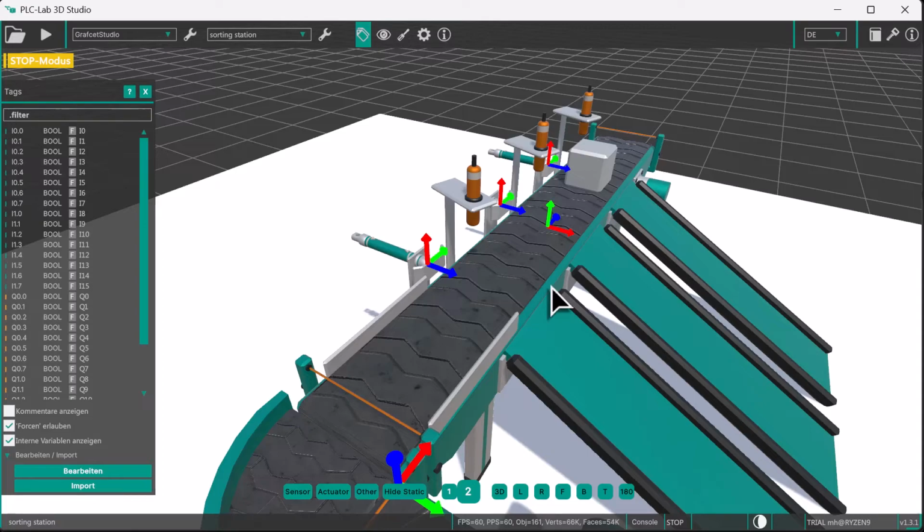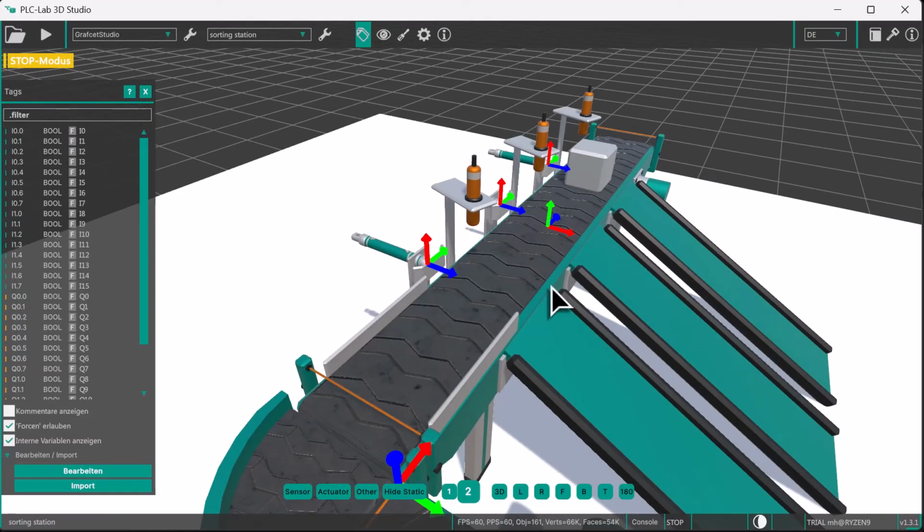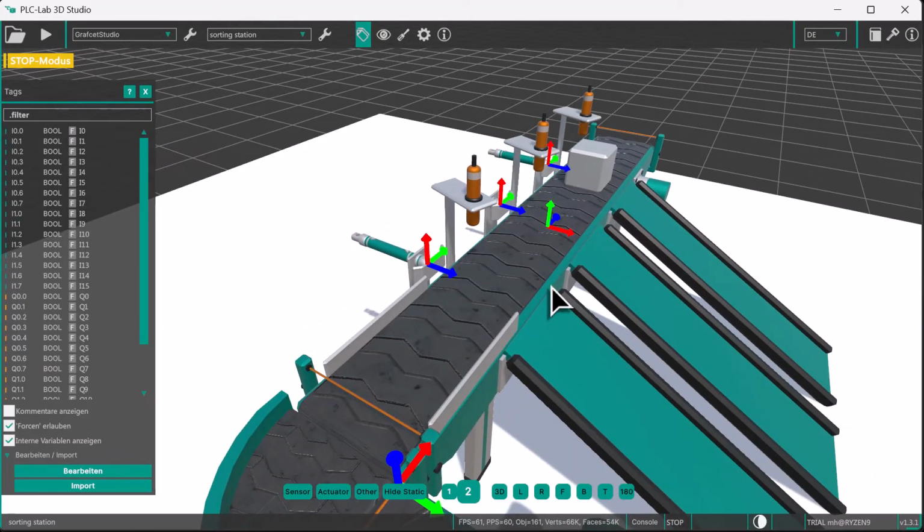And how do I switch the camera position now? Simply by pressing the 1 or 2 key. All right, I thought so. And how is this window structured? Explain to us what we're seeing. On the left side is the tag window with all current inputs and outputs. During the simulation, you can observe the status here. We'll change the content shortly and enter the inputs and outputs we need for our sorting system.